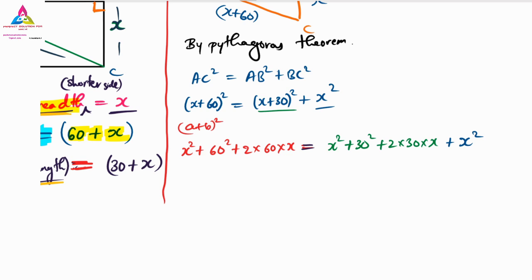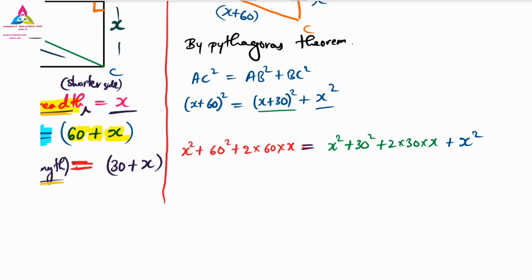If you have doubt, you can ask me. That is nothing but a square plus b square plus 2ab. Here also a square plus b square plus 2ab. Here we have only x square, so I have written as it is. If you don't have a doubt, let us continue. Anyone have a doubt here? Anyone have a doubt? All of you write it down quickly. No. Okay, let us continue.